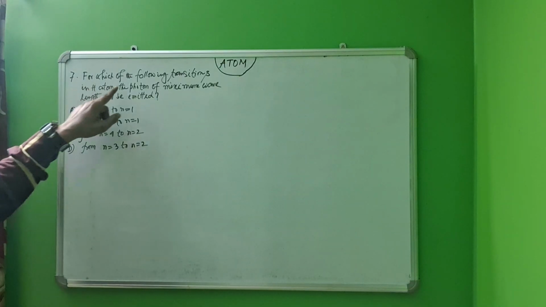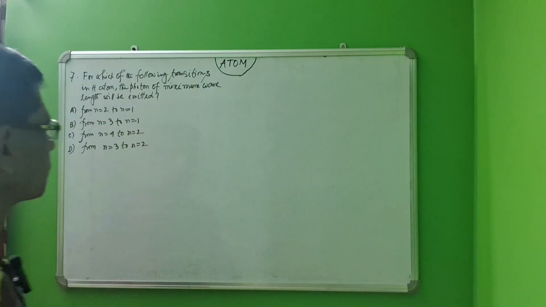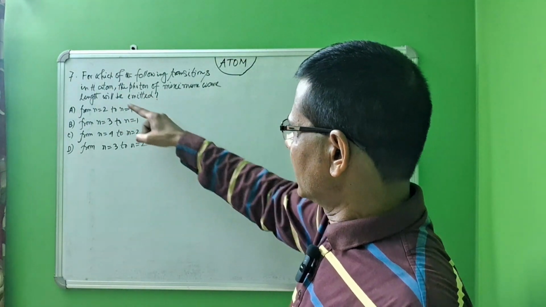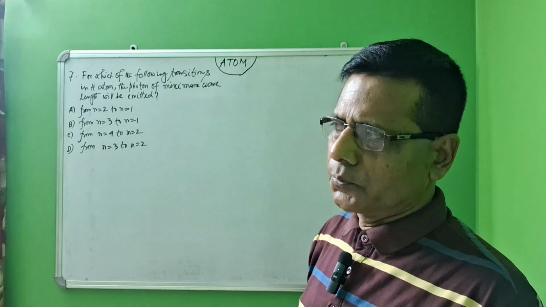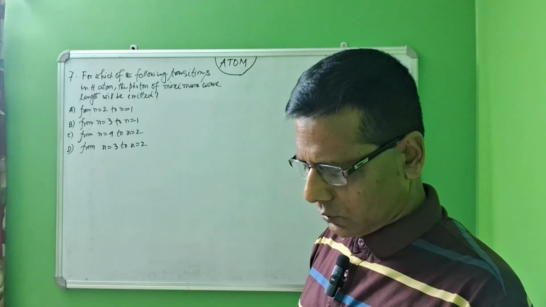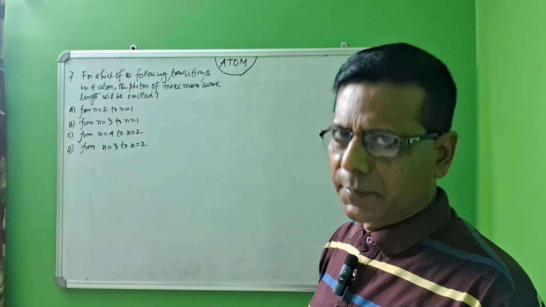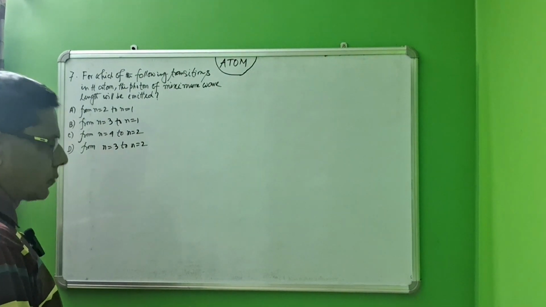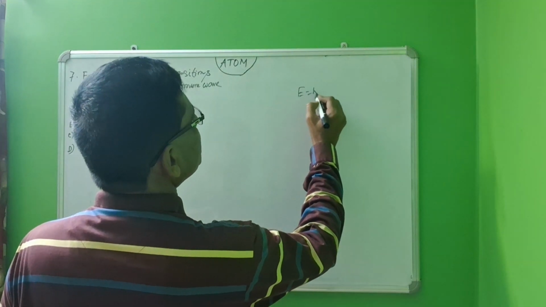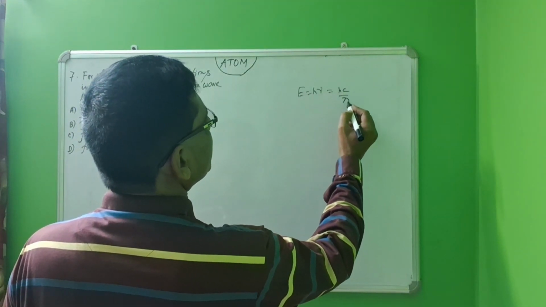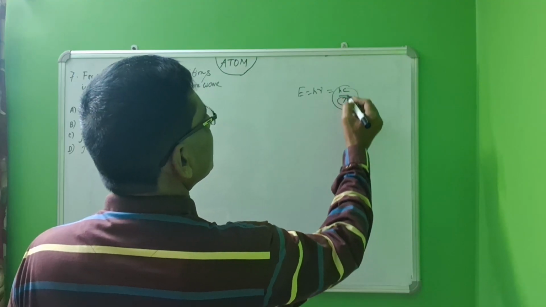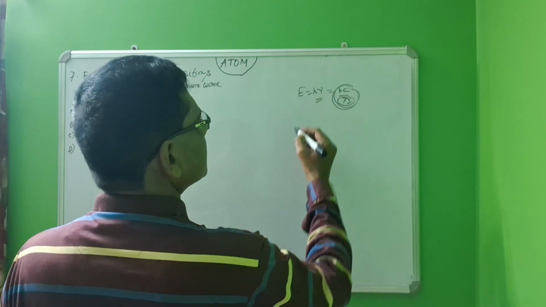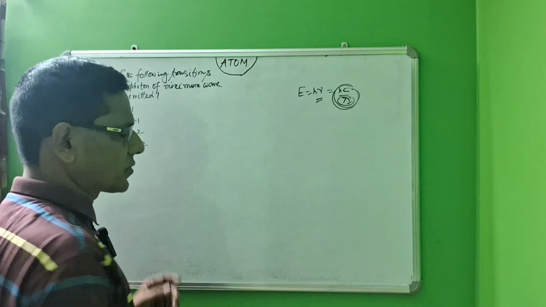Number 7 problem: for which of the following transitions in each atom will the photon of minimum wavelength be emitted? The photon of minimum wavelength being emitted means photon energy equals h nu, so hc by lambda. So the minimum wavelength means this will be minimum, so this will be maximum, so h nu maximum. For which transition